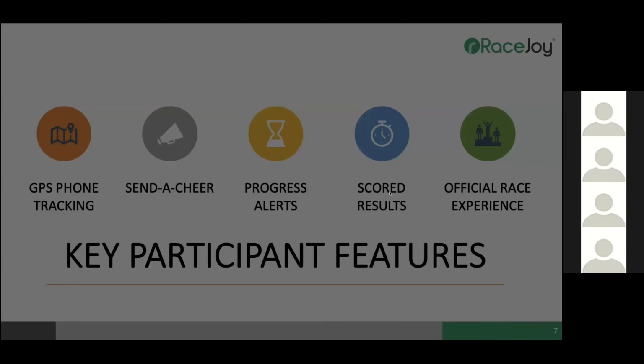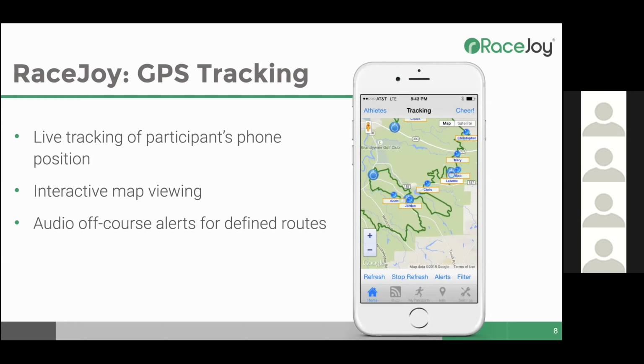So GPS tracking. Warning, you may be. Sorry, that was one of our little cues that we'll get to. But